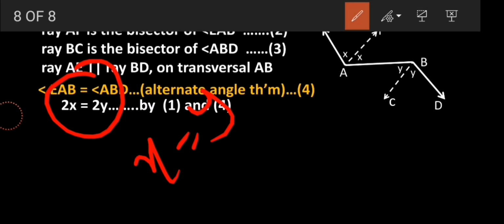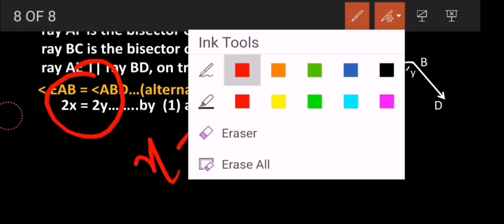So boys and girls, are you observing? If you fix your target to prove AF parallel to BC, and see what should be proved first, then ultimately you will reach it very easily, or within 2 to 3 steps you will get the idea what is to be done and what is not to be done. And try to focus on clues also.